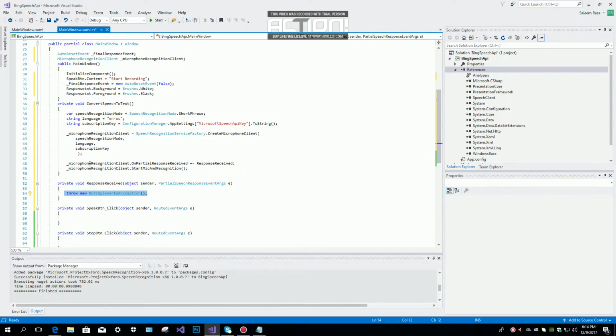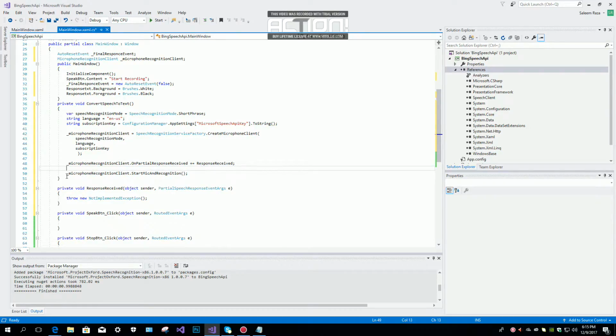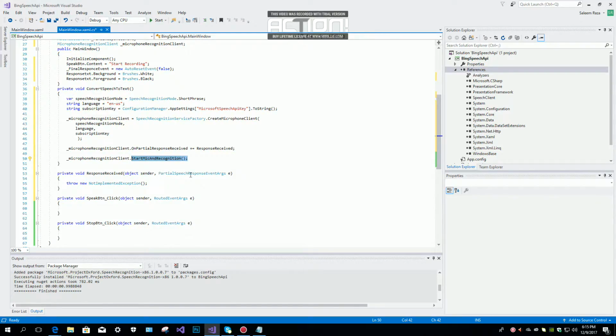And then the next thing we are going to set is the microphone recognition client. We are going to start the microphone and recognition. This will start the microphone and also the recognition. Okay. After that, in the generated method, we are going to receive